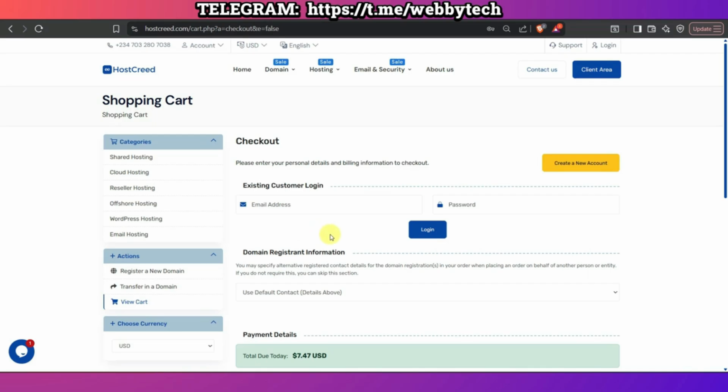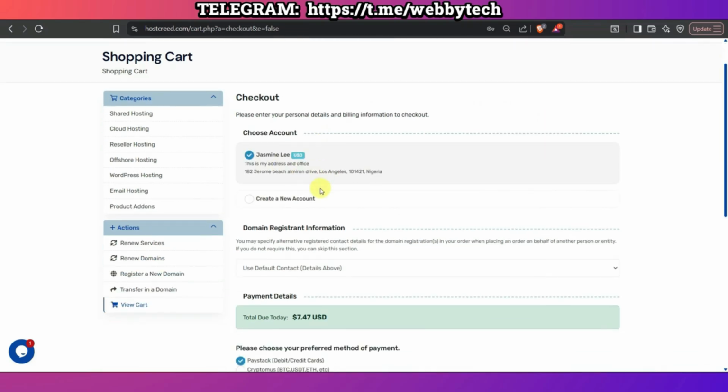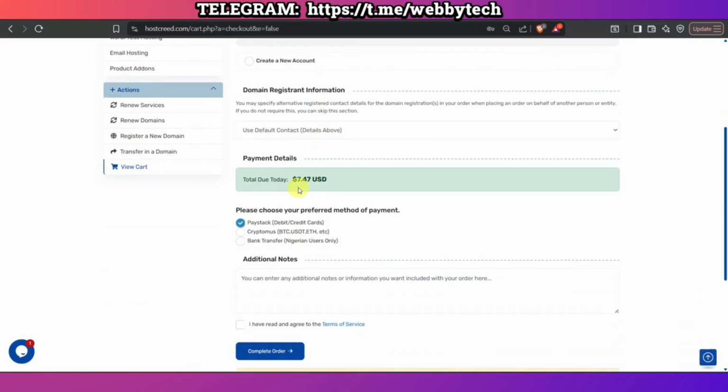And here I have an option to enter my email and password and login. So I'm going to do that real quick. So now I'm logged into my account. I'm gonna scroll all the way down and you can see the total due, and you can notice that it's